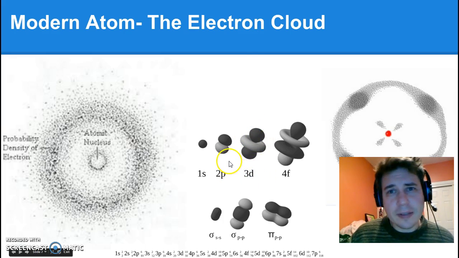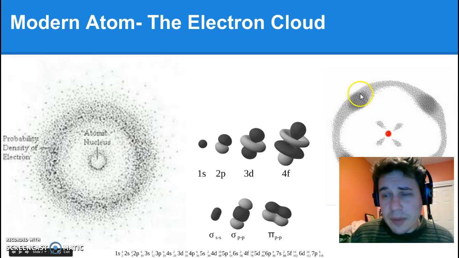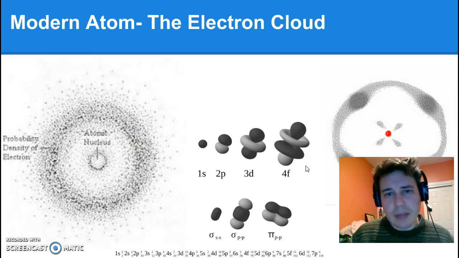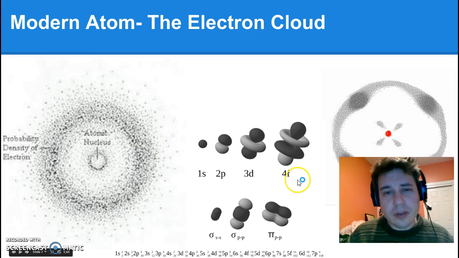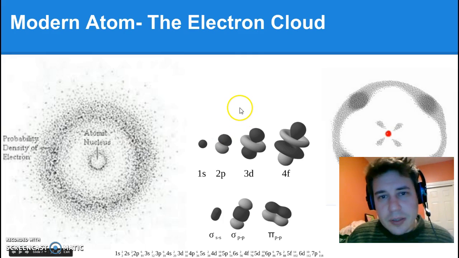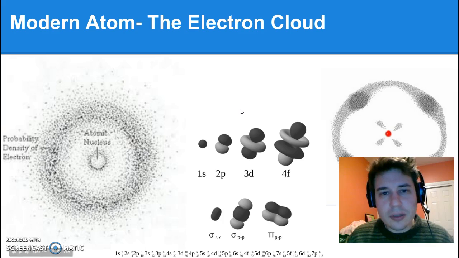We also understand that electrons can be found in lots of different places. These pictures show us places that they're likely to be found, but we know that they're zipping around so fast and pushing against each other that they can be found in lots of different places. And so in modern chemistry, we refer to them as the electron cloud, and we talk about the possibilities of where electrons can be found, understanding that they're moving so fast and changing so much that it's really hard to figure out where they actually are.